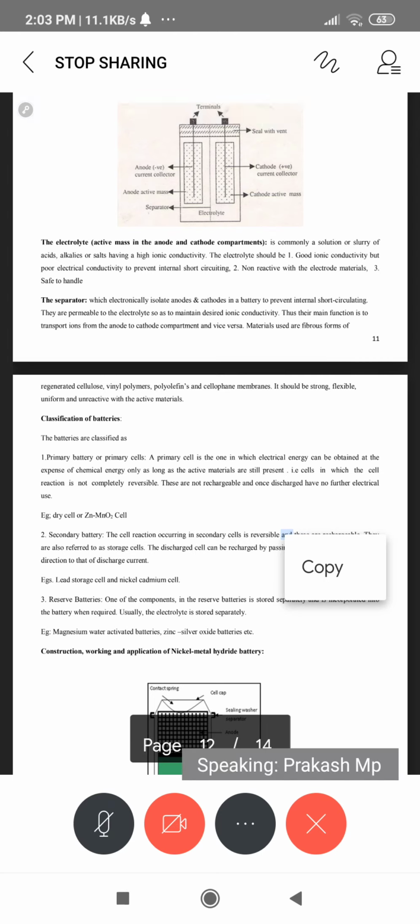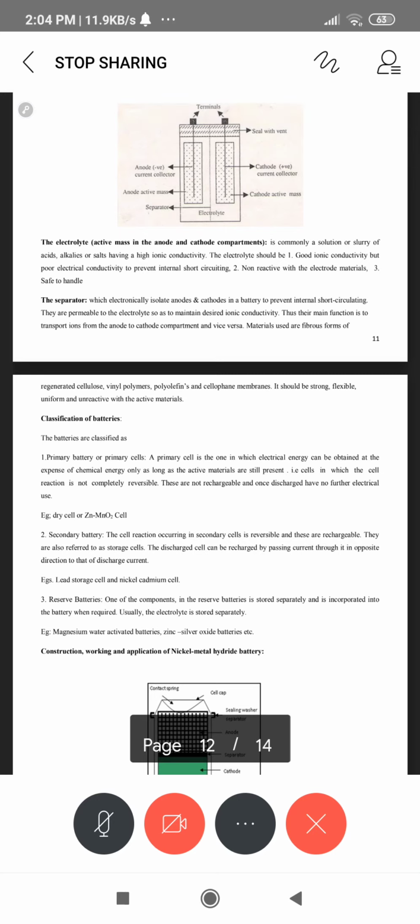Of course, the third type of battery we can call a reserve battery. In this, reserve means that after we construct a battery, you will remove the anodic part, or the cathodic part, or the separators, or the electrolyte. Any one component of the battery we can remove from the manufacturing; when required, you can insert it, you can fix it, and it can discharge the electricity, and of course it is used for secondary batteries.